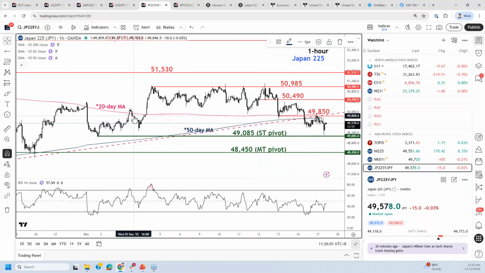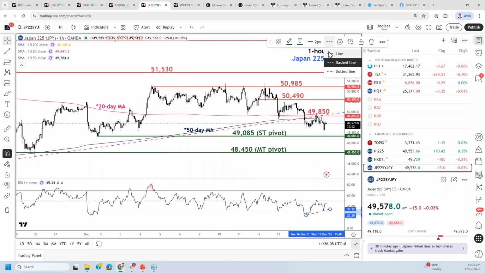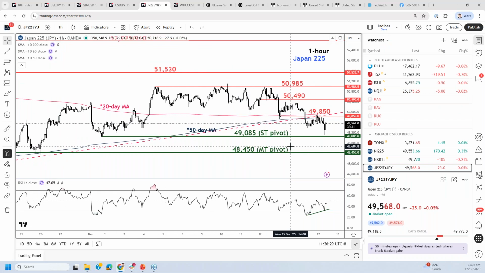And what's interesting over here is that upon hitting our support level, the RSI has started to form a bullish divergence, as you could see over here, where the RSI showed a higher low, but the raw price action showed a lower low, indicating that the short-term bearish momentum has started to ease off. So this possible positive technical configuration is emerging right now on the Japan 225, as we are speaking at 11:26 a.m. Singapore time, I will flip to a bullish bias for today using 49,085 as my short-term pivotal support level.